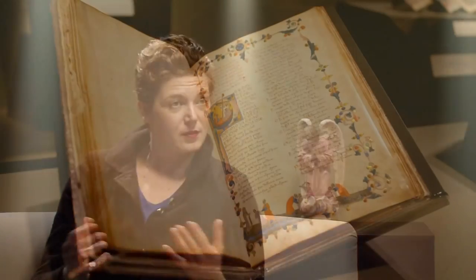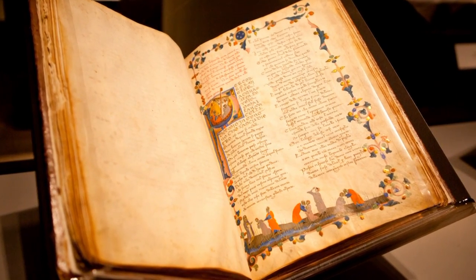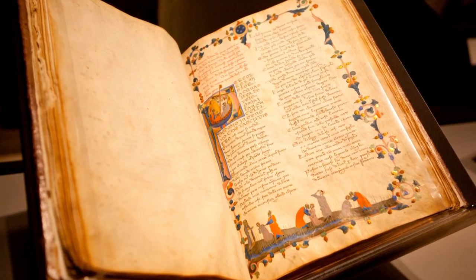And so that's something people are reading. It's something people love. He, of course, passes away having just finished the poem, and it's a bestseller. Everyone had a copy and had read it. And of course, they wanted illustrated copies, but he didn't illustrate the book. So they took these copies to manuscript illuminators, and they said, we want you to paint the Divine Comedy images in our books. And so the painters really had to make up their own images for this story, which is